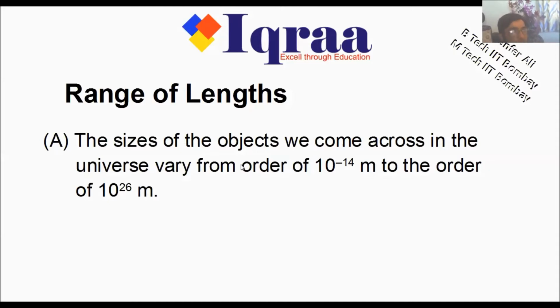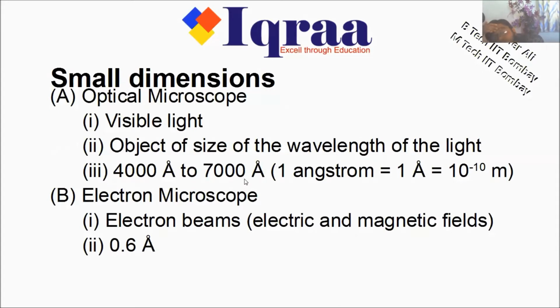By the naked eye, what we can see is in millimeters, centimeters and kilometers. But beyond that, at the microscopic level, the size of the nucleus is 10 to the minus 14 meter, and maybe as science progresses, we may measure even smaller objects. Till now the size of the universe is measured up to 10 to the 26 meter. So we measure length in meters and centimeters with the help of the meter scale, and we measure very large distances with the help of the parallax method.